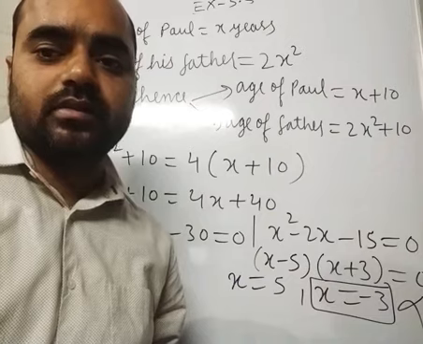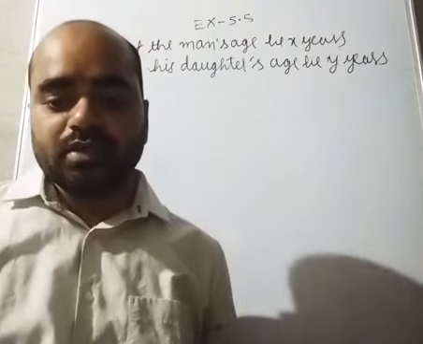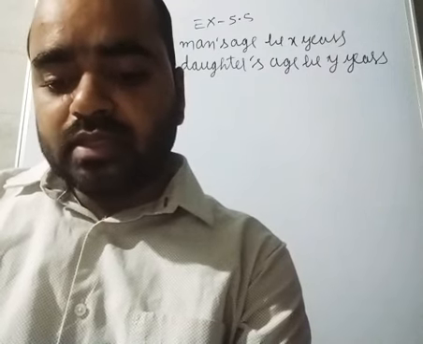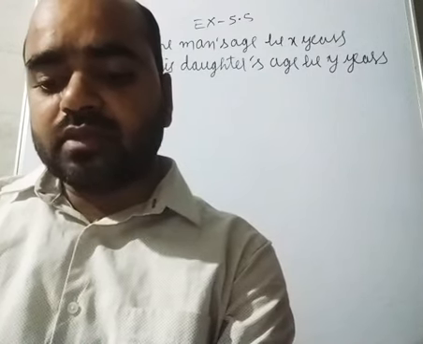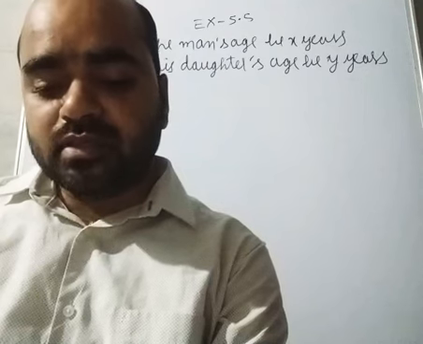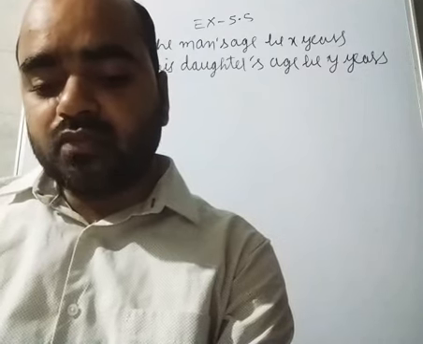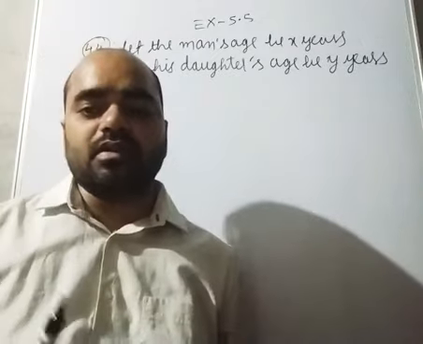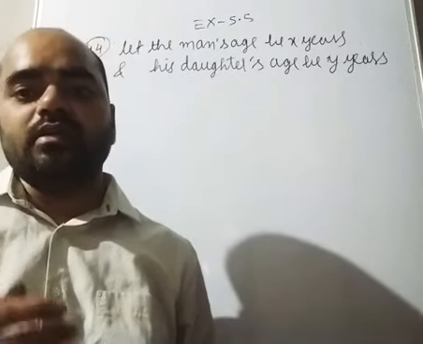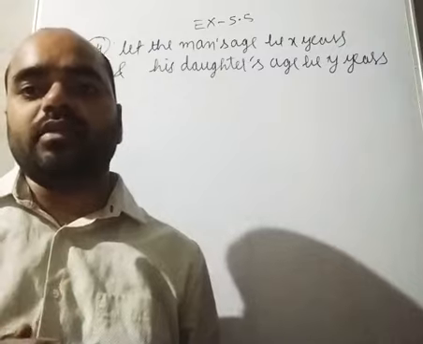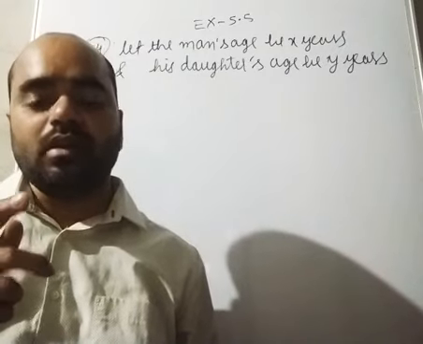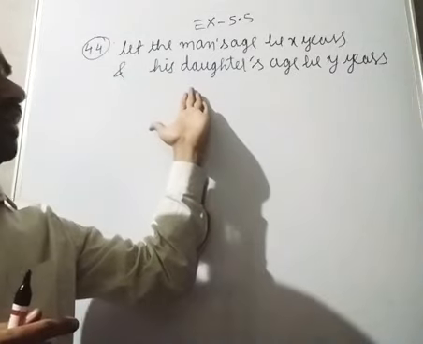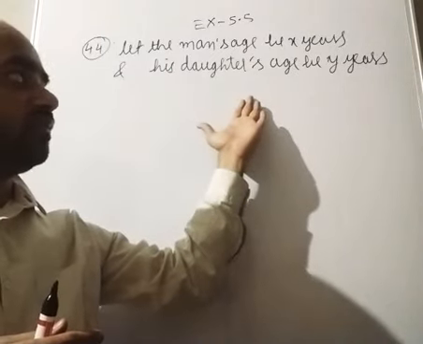Clear? Now the last question of the exercise 44. 2 years ago a man's age was 3 times the square of his daughter's age. 3 years hence his age will be 4 times his daughter's age. Find their present ages. In this question first we will use two variables and then we will transform the final equation into a single variable. First, we have taken the present age of the man be x years and the present age of the daughter be y years.